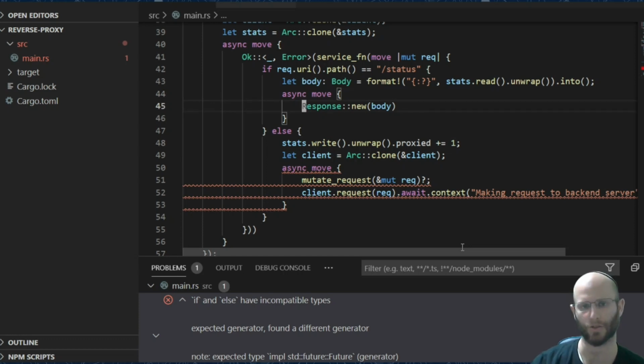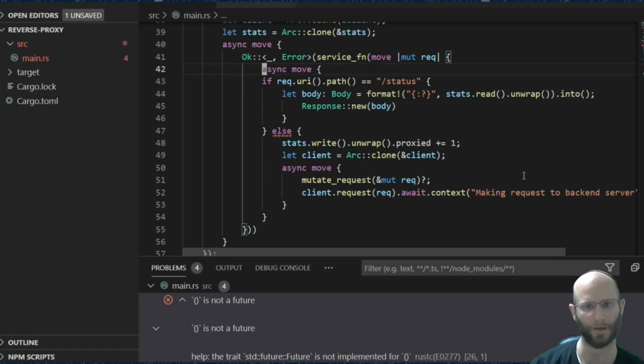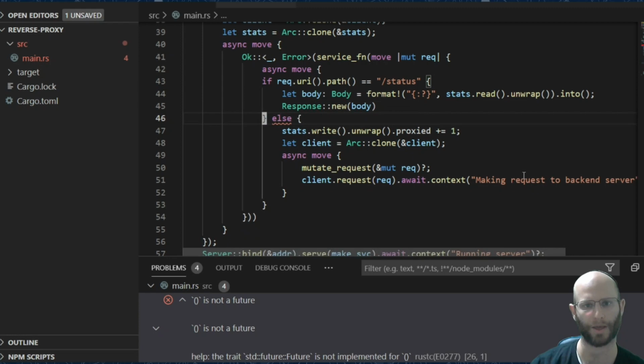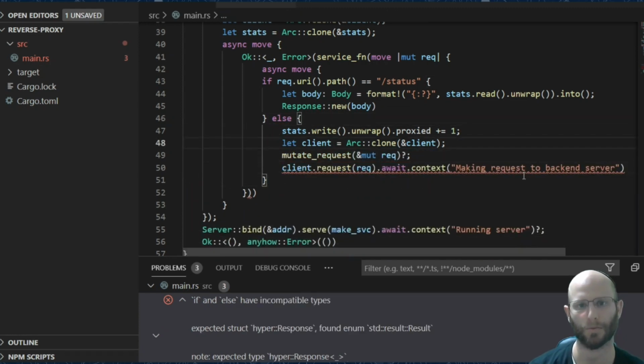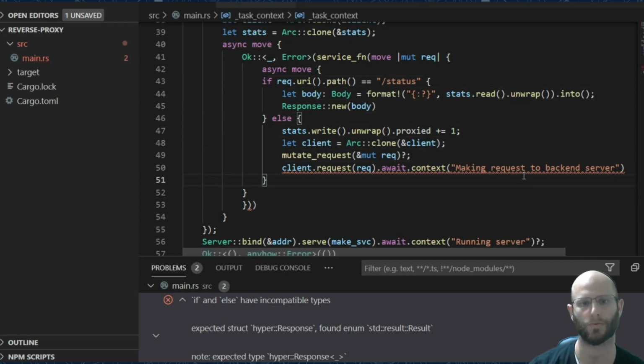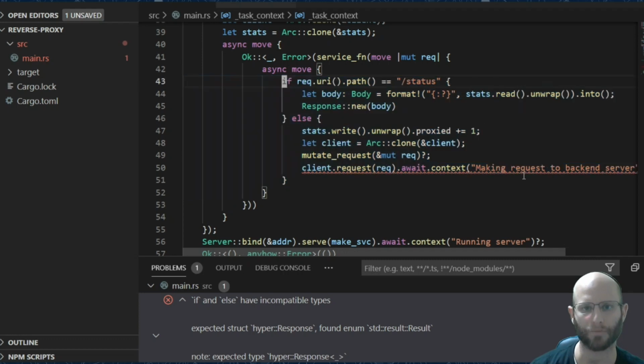The simpler thing to do, though, is just to wrap all of this inside an async block instead of having the async block inside. Let's just go ahead and do the simple thing, and we're going to have to make a few interesting changes to our code in order to make that work. The important one, here. Go ahead and indent that properly. Now we're going to run into a,